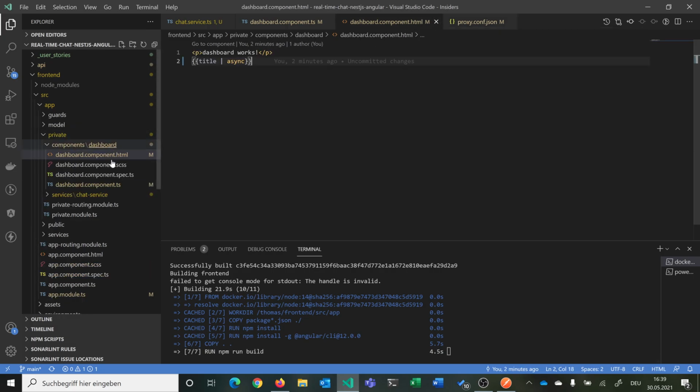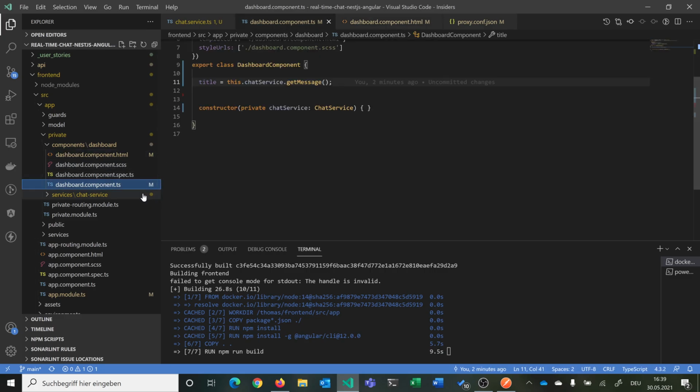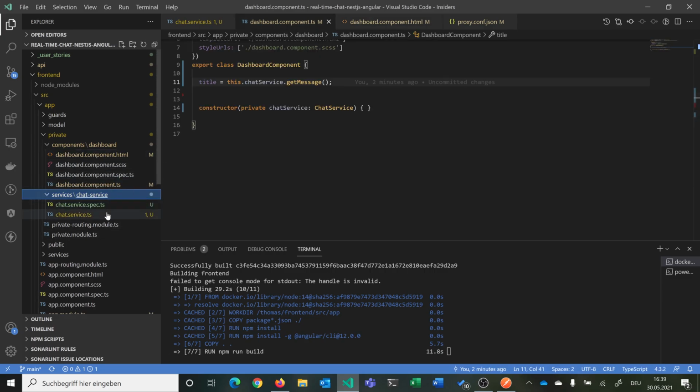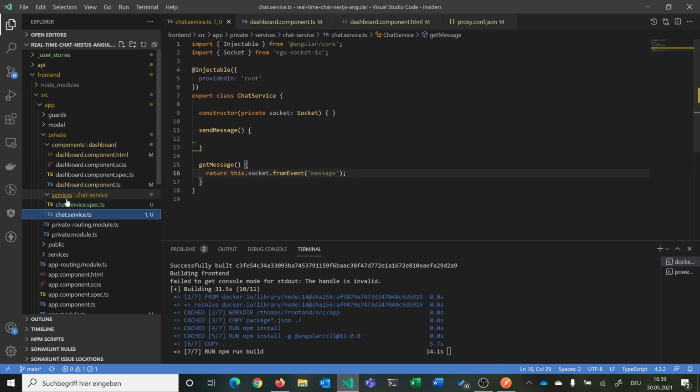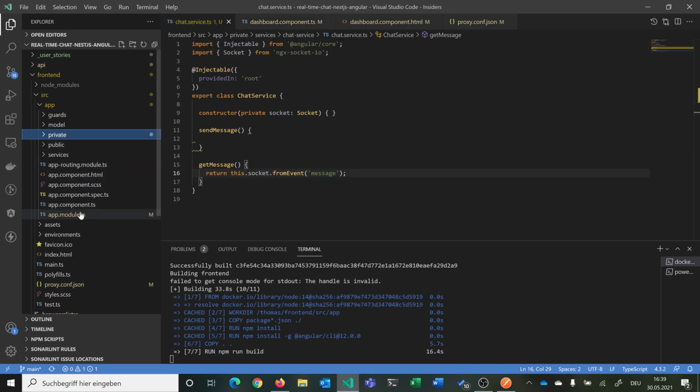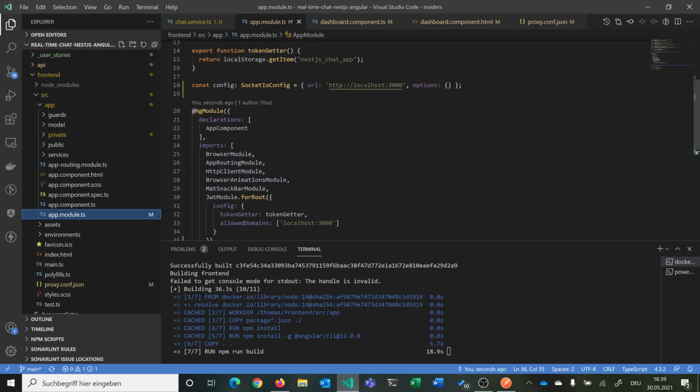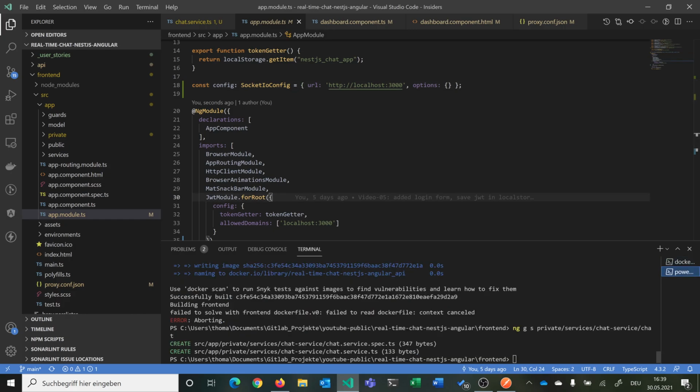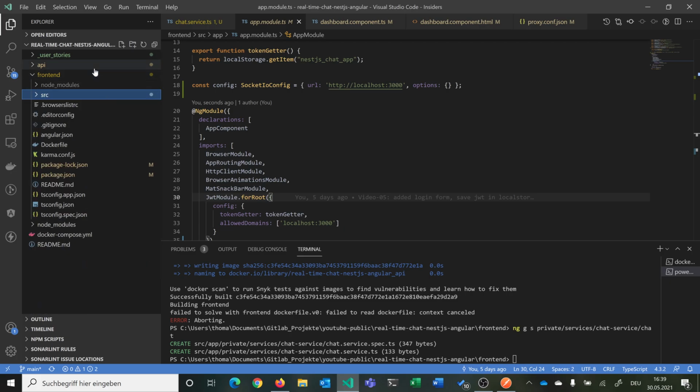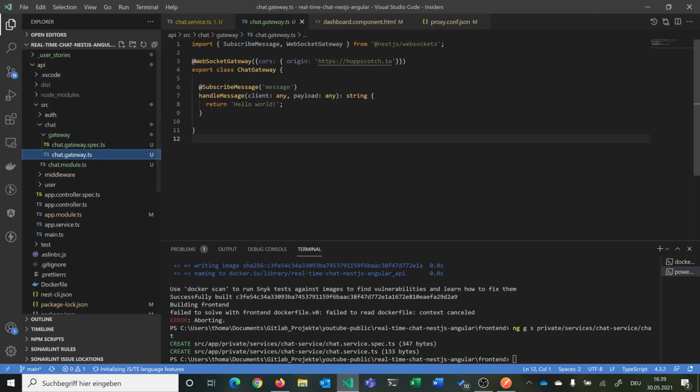Yeah, so then basically our dashboard component will subscribe to our chat service get message here, and we initialized this in our app.module forRoot with config localhost 3000. And for example, in our, where is our gateway? Our chat gateway, we can here also implement like